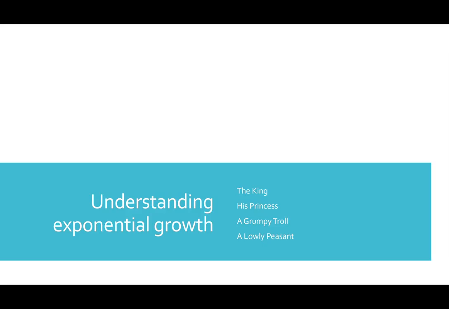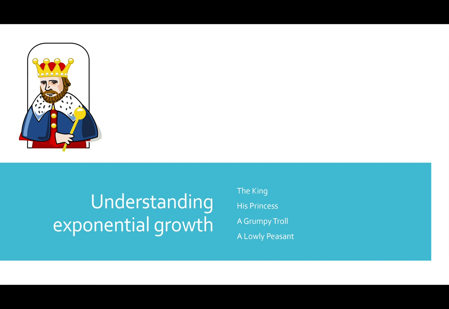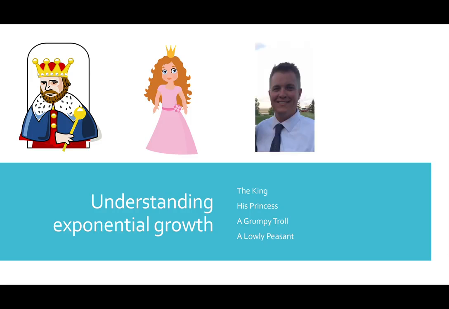Now, there was a king, a mighty king, a rich and mighty king. He ruled his kingdom mightily. He had a princess, a beautiful princess. So one day, this beautiful princess was snatched away by a greedy and grumpy troll. Yes, this troll stole the princess and then demanded him to turn over his kingdom to the grumpy troll because